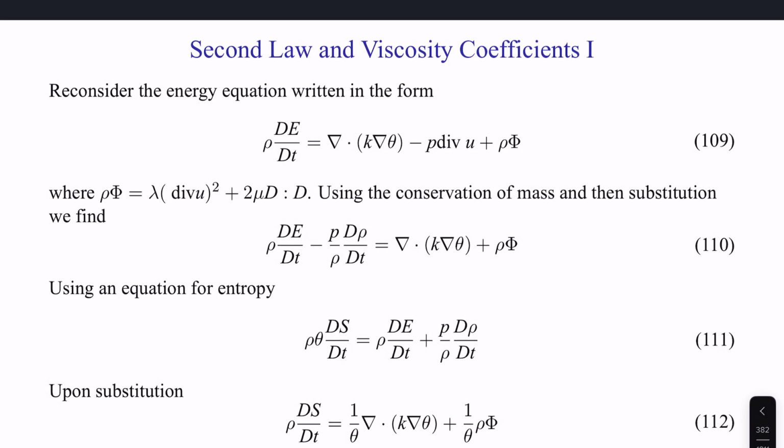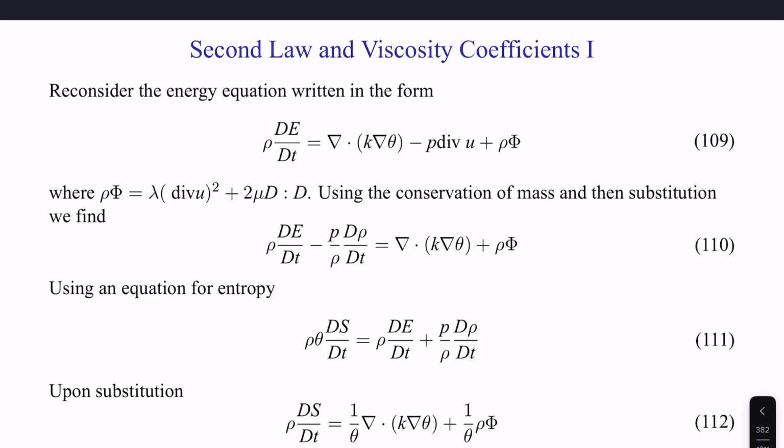Now we'll briefly look at the second law and its implications on the viscosity coefficients, where we return to the energy equation in this form. Remember, E is total energy. It's the material derivative of energy times the density of nabla dot K nabla theta, which is temperature, minus P,